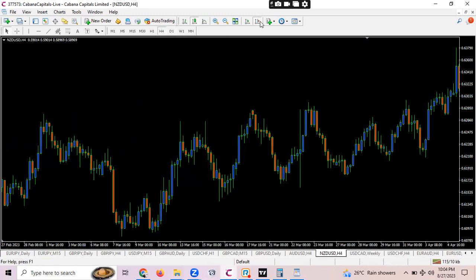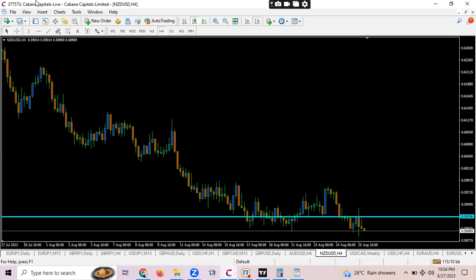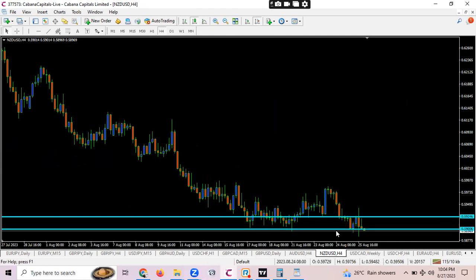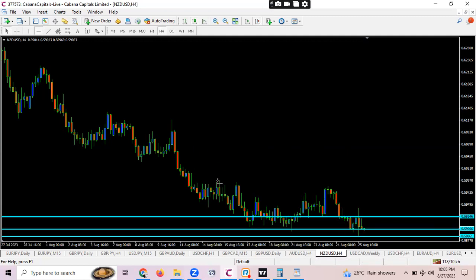Let's see what we have at 4 hour. The market just opened, as you can see, and it opened below this support. So if a 4-hour candle closes below this support, you might want to consider selling. But if a 4-hour candle closes above this resistance level, you might want to consider buying